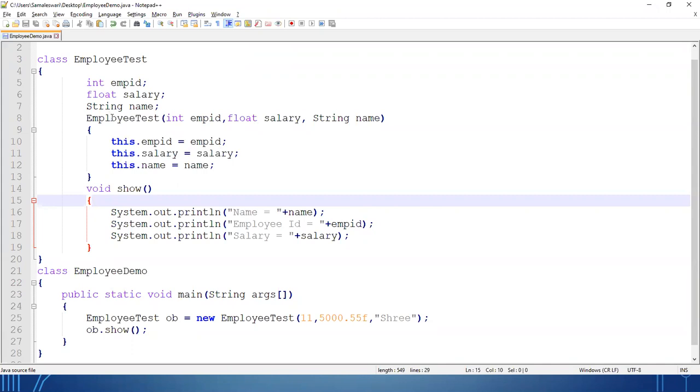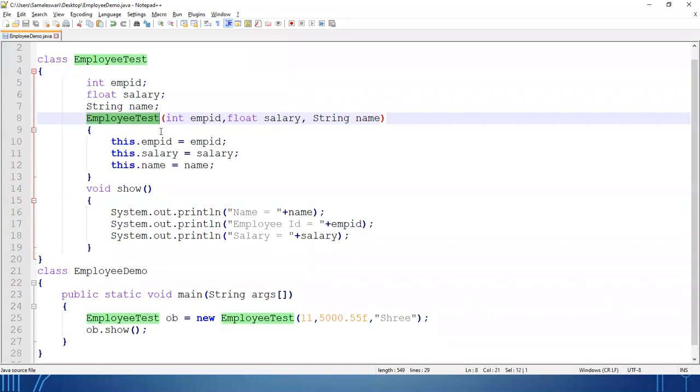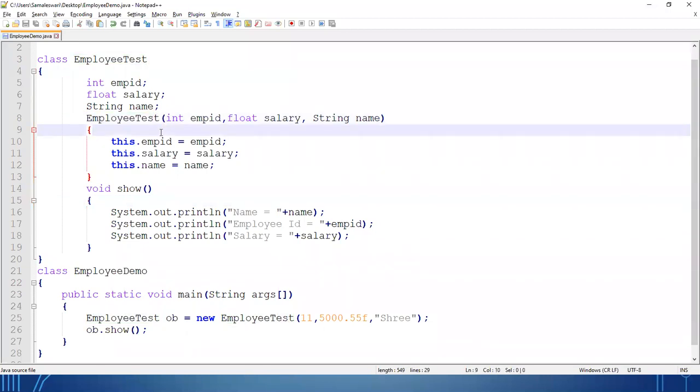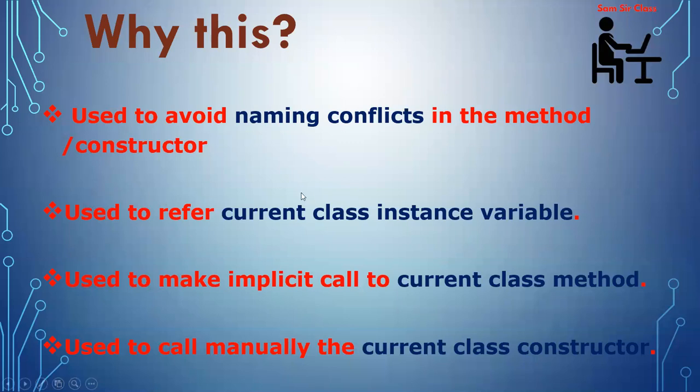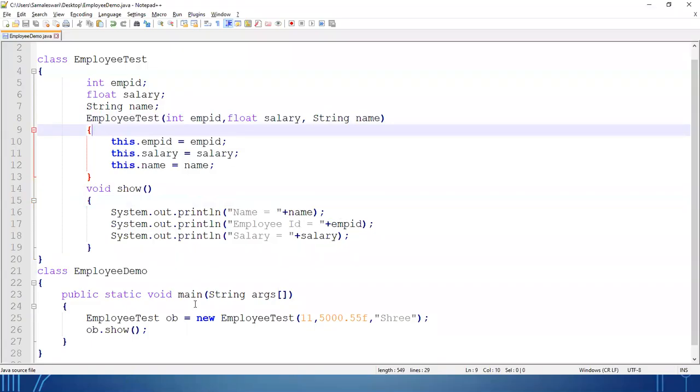And the concept is the same, because the constructor is also one kind of method. Now the second one: it is used to refer to the current class instance variable.